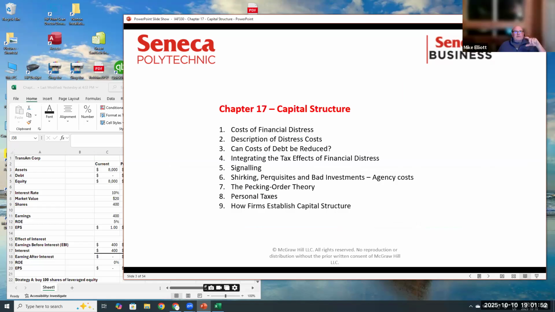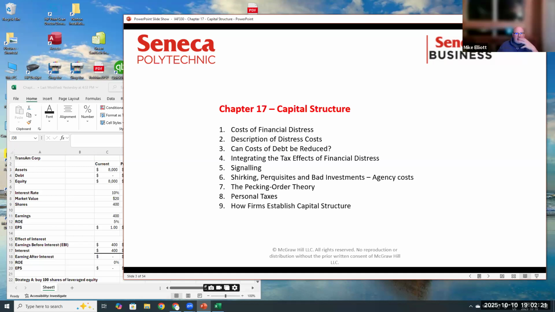Specifically, today we're looking at Chapter 17. Chapter 17 talks about how we get a cost of debt and how we set up a capital structure. Remember, the capital structure is really just the balance of how we source money for our company. So we can borrow it, we can issue debt, we can ask mom and dad for it. But whatever we do, the combination of all of those is called our capital structure.